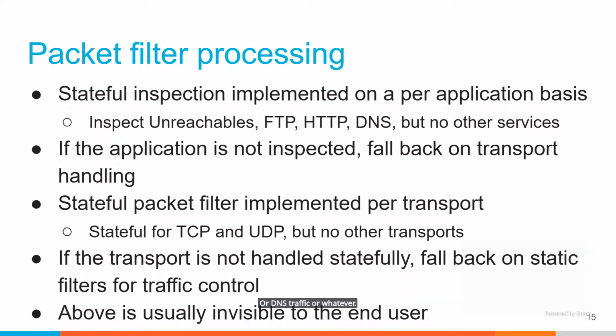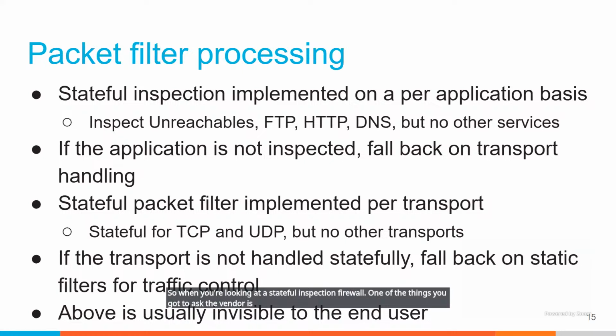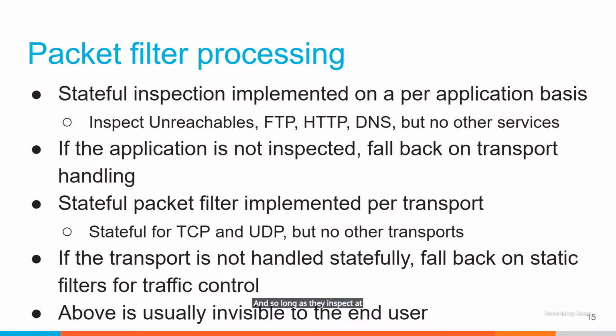So stateful inspection is on a per application basis. It doesn't apply to the firewall in its entirety. So when you're looking at a stateful inspection firewall, one of the things you've got to ask the vendor is, what protocols do you statefully inspect? And so long as they inspect at least one of them, like FTP,